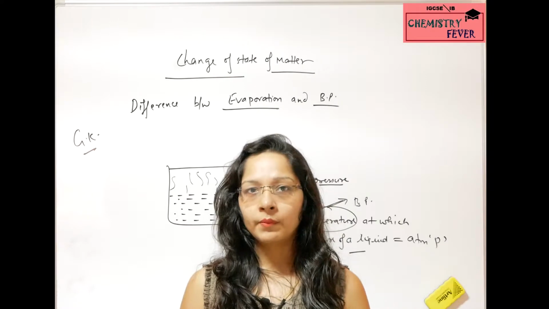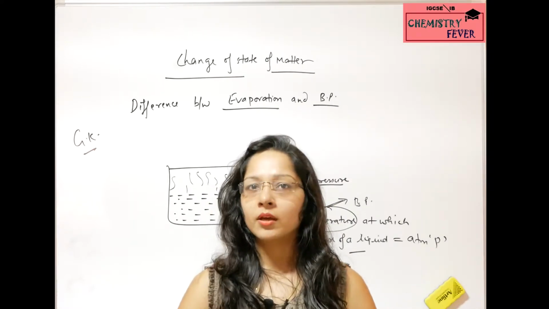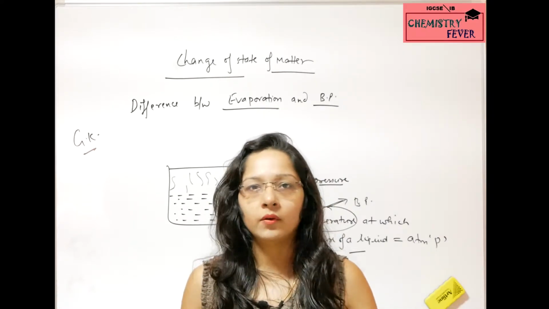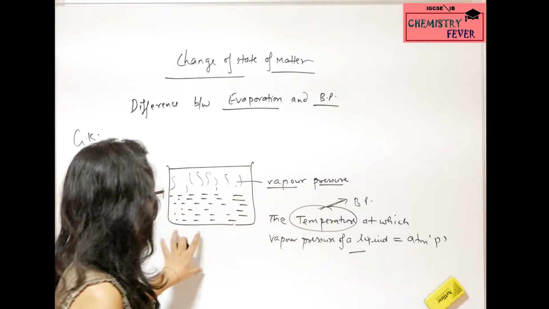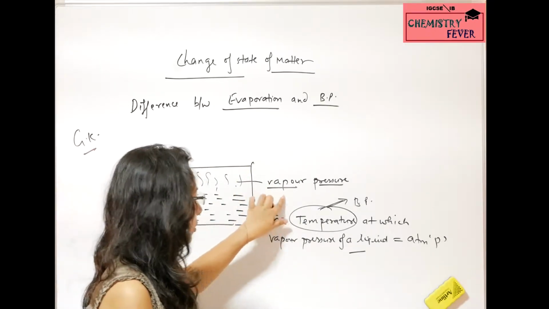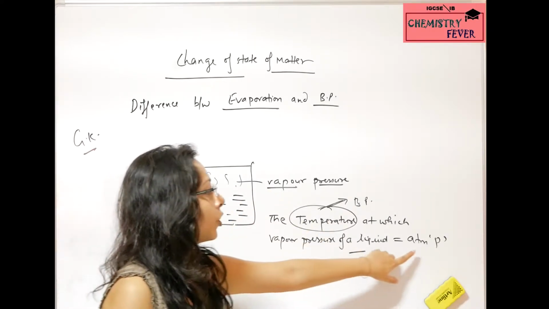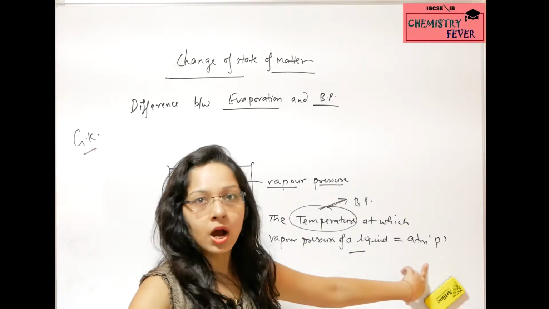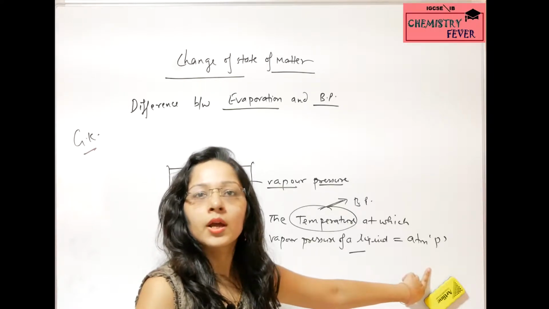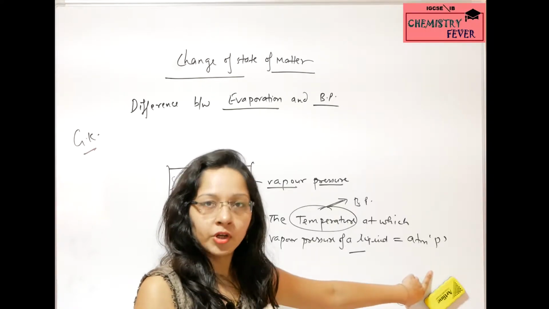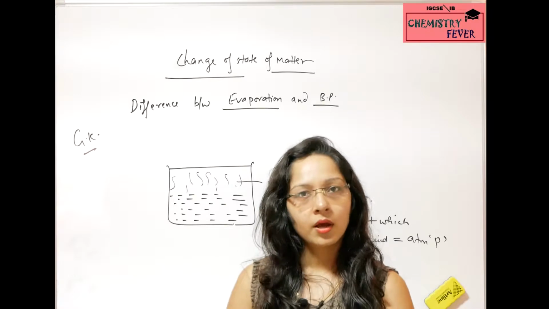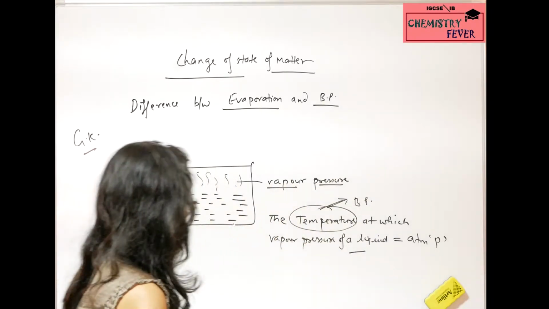The more details will be in your higher classes, your IB, CB, ISC, whatever it is. Okay, so this is the core: the vapor pressure is because of evaporation, and when it becomes equal to the atmospheric pressure outside, that temperature is called the boiling point, right? So now next,